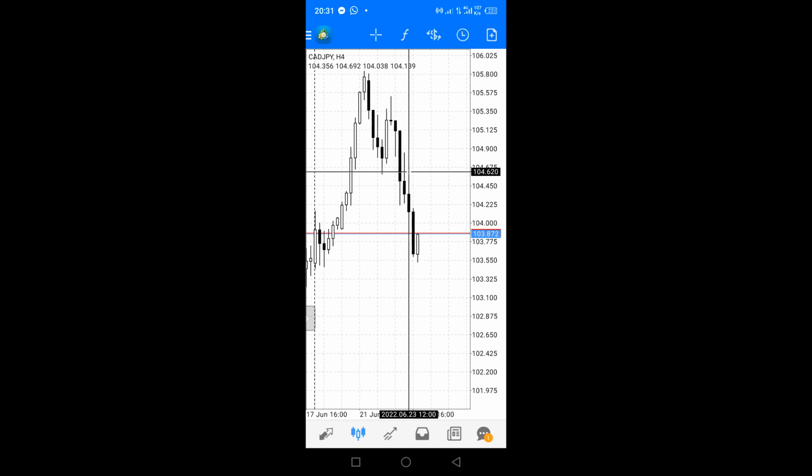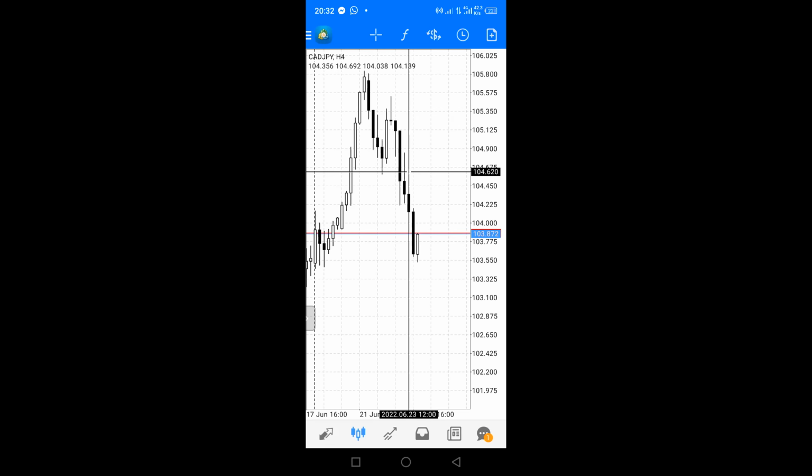It shows you two things as it moves. Number one, on the right-hand side, on the price axis, it shows you price at a particular point. Then beneath on the x-axis, it shows you time at that particular point. So for instance, at the point where we are now, price of CAD JPY is 104.62. At exactly 12 noon,